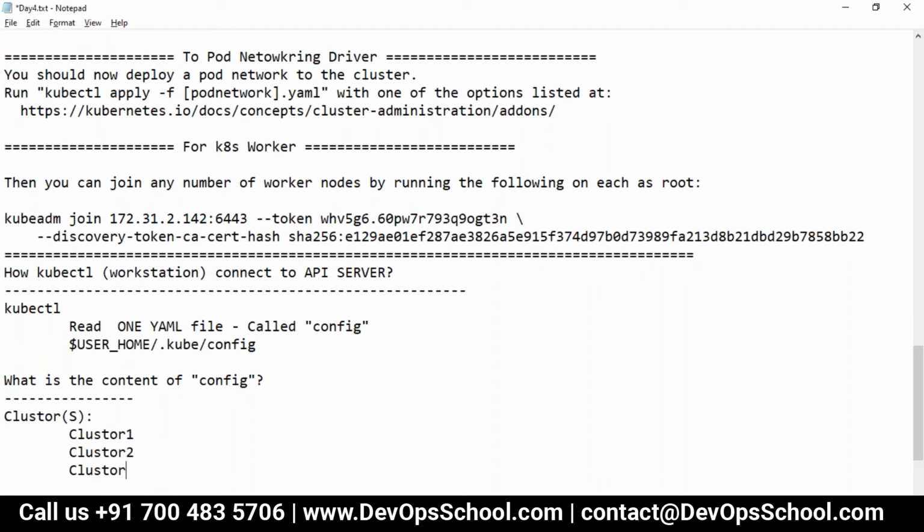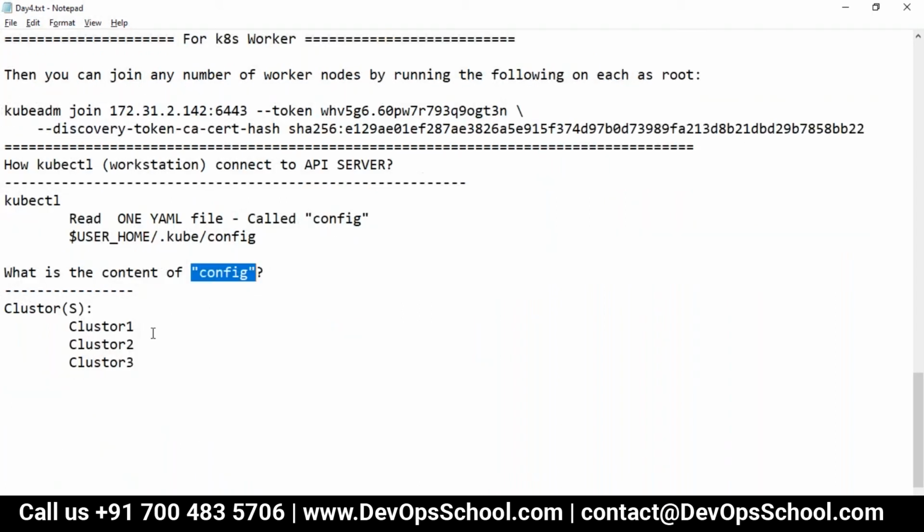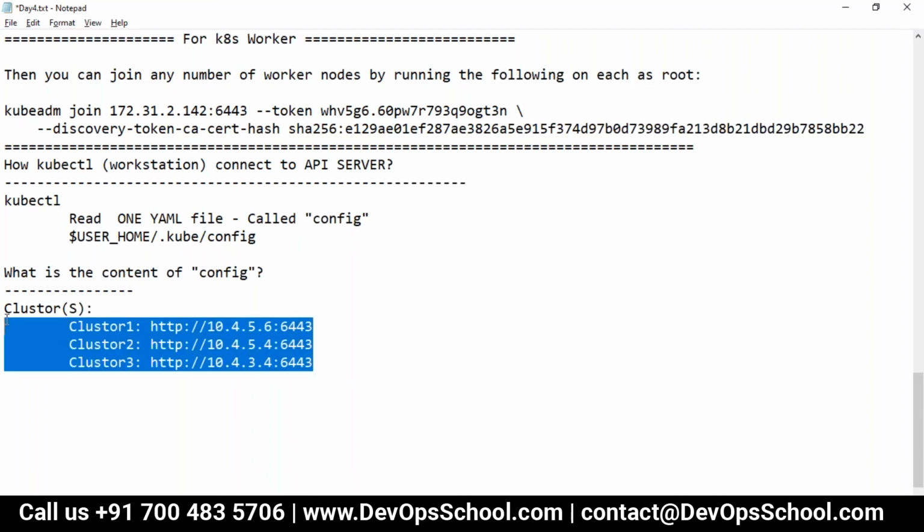Whatever number of clusters you have, you put in this config file like this. This will have HTTP, 10.4.5.6, port 6443, something like that, and this will have some other port number, some other cluster. This will have a third cluster like this. So here you mention all the clusters in one place.